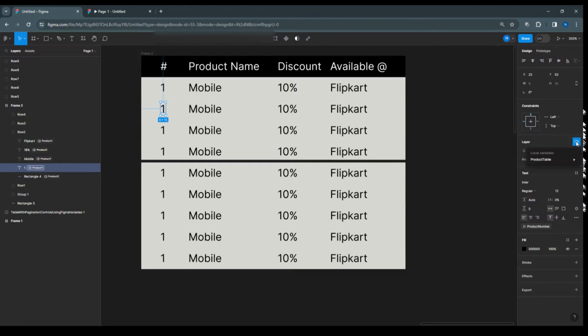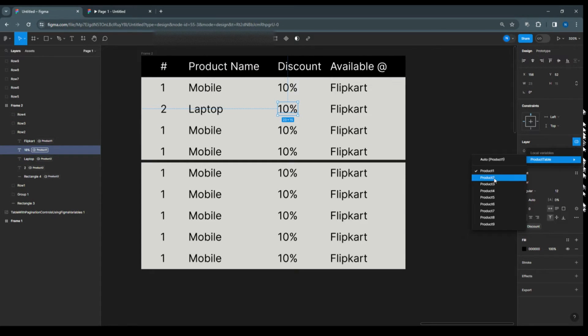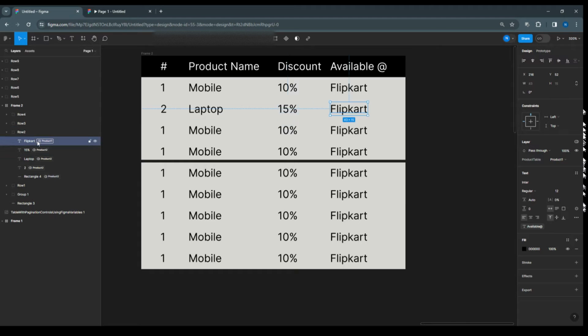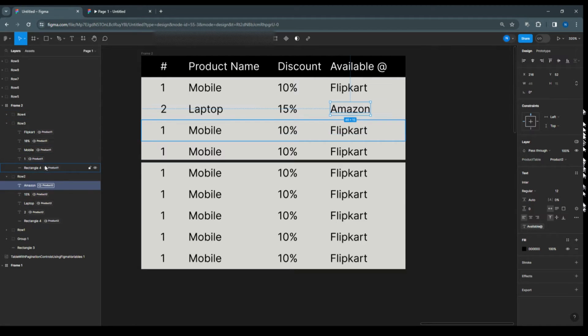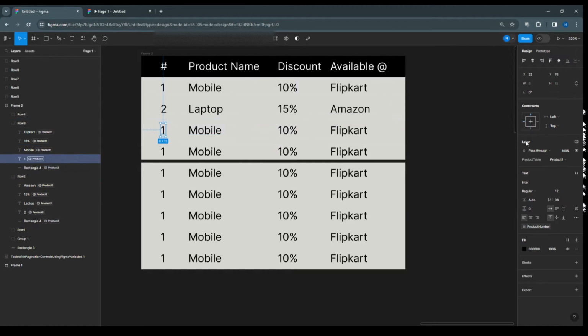So just come here, say product 2, this product 2, and this also product 2, and then finally product 2. So it is impacting through the variable. So this is the easiest way to do after copying or using the